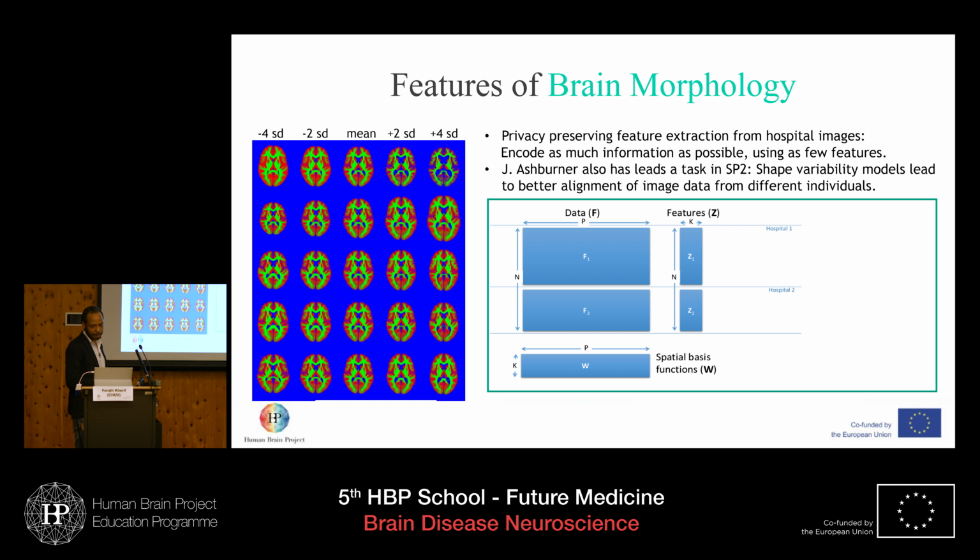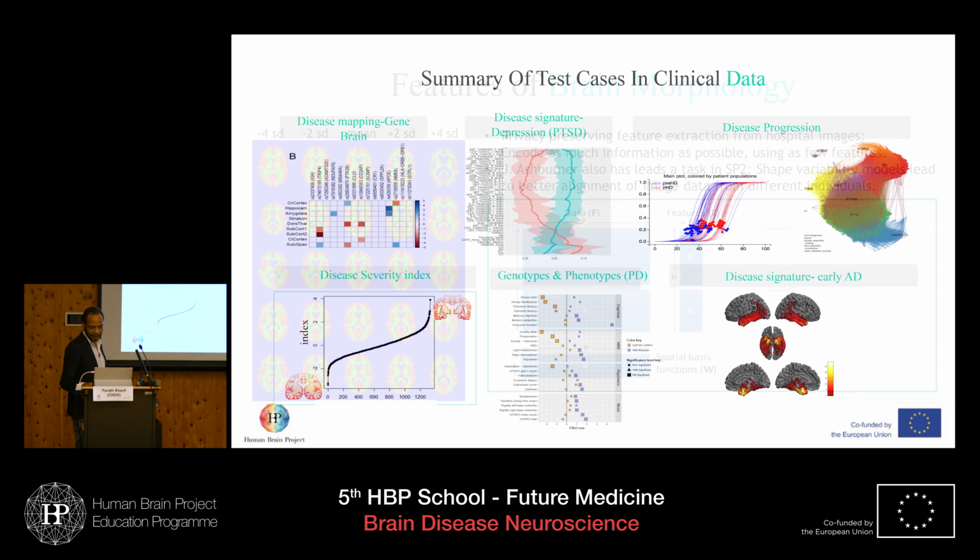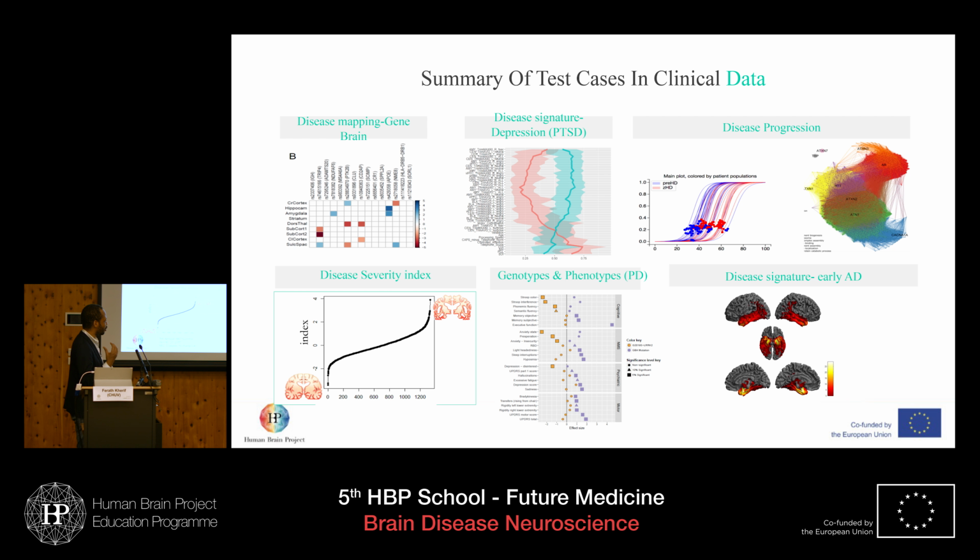The platform is making use also of the available data from MRI scans. So we have methods for measuring brain morphology and summarizing this in a way that preserves privacy. So basically extracting the meaningful information from brain scans. And I have here a slide summary. I'll go through the hands-on session later. The disease signature, the disease progression. We also try to find this objective measure.